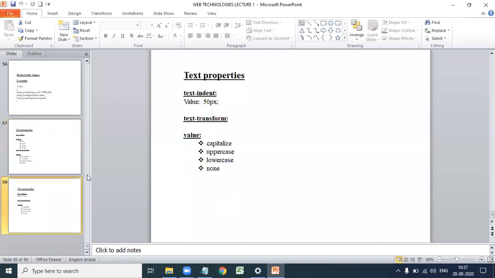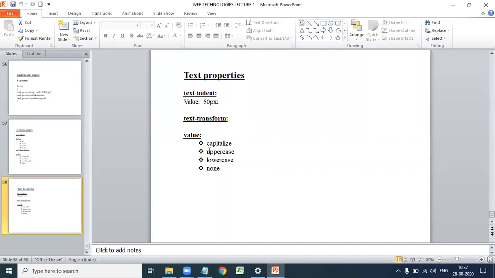Another property is text-indent. If you want to specify the indentation of the first line in a text block, we use text-indent. Suppose you want to give 50 pixels of space to the first line, then we use text-indent: 50px. Next, text-transform controls the capitalization of text.